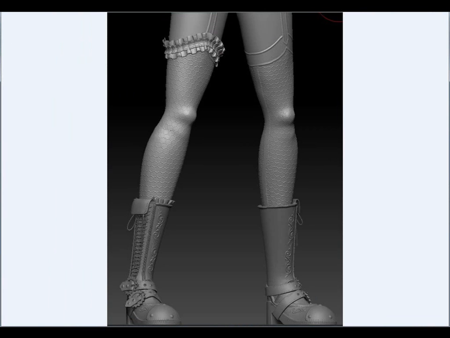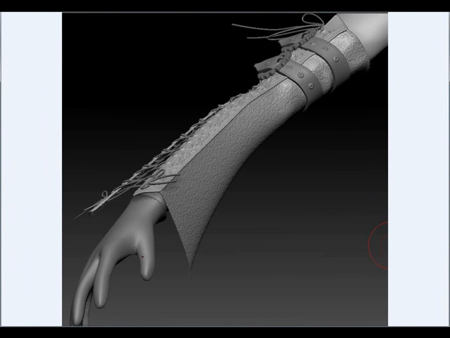The netting on the leg was achieved by using the UV Master Unwrap tool in ZBrush and then using Photoshop to create the pattern and pasting over it enough that it created a very good effect in the end. As you see, this is a screen capture of the leg, and this is a screen capture